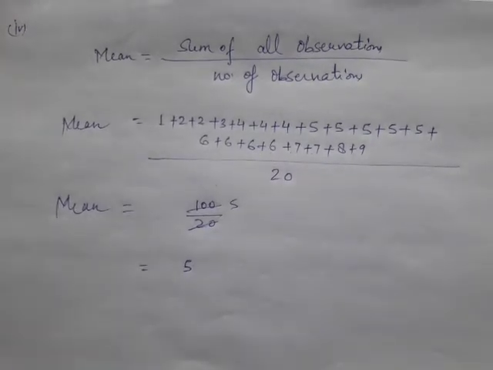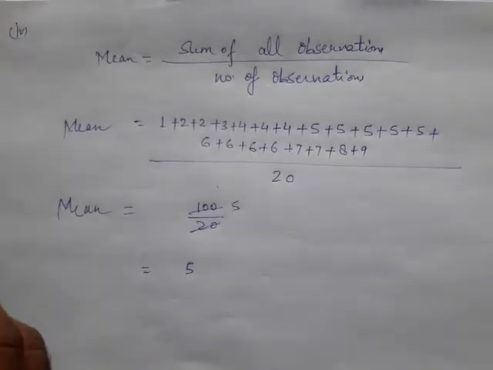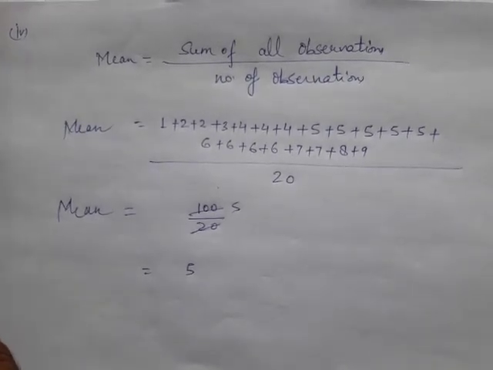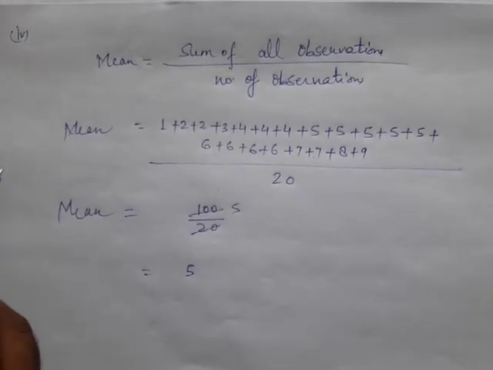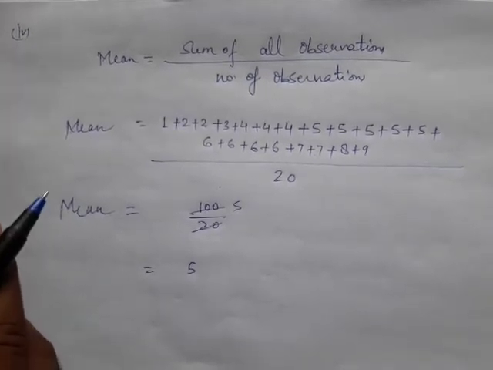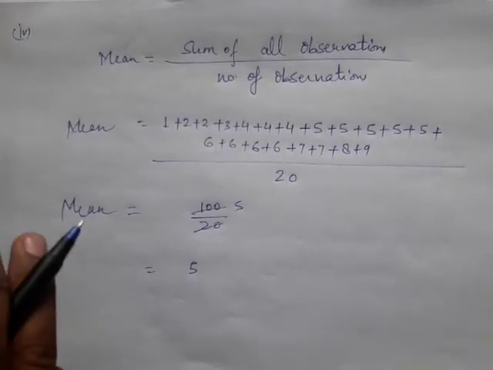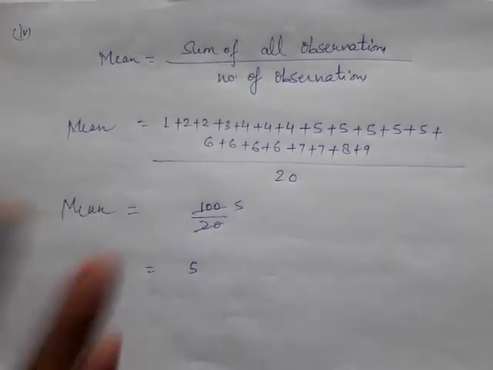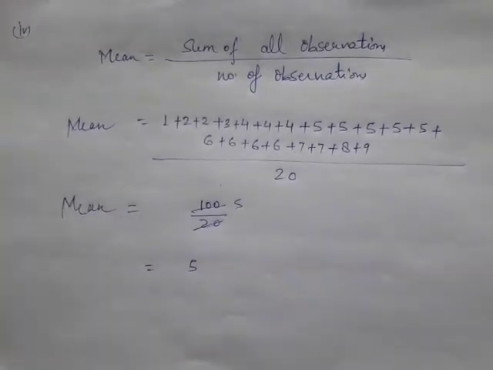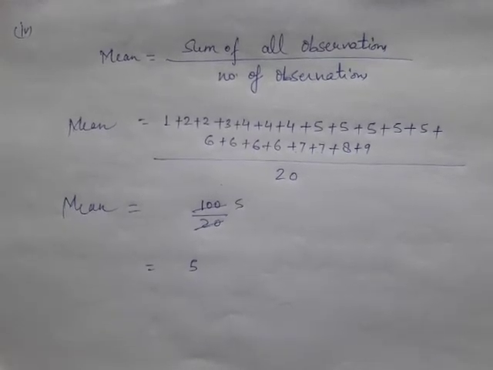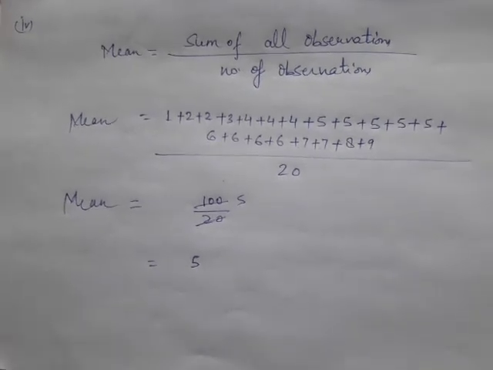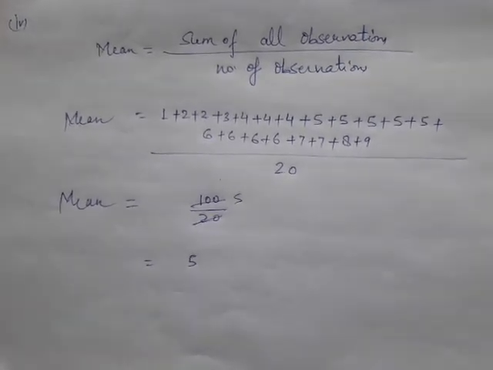It was the second question solution. In the second question there were 4 parts. In the first part highest marks was asked, in the second lowest marks, in the third range, and in the fourth part mean. So the other questions you will solve. If you have a problem you can ask in the comment box. And next,